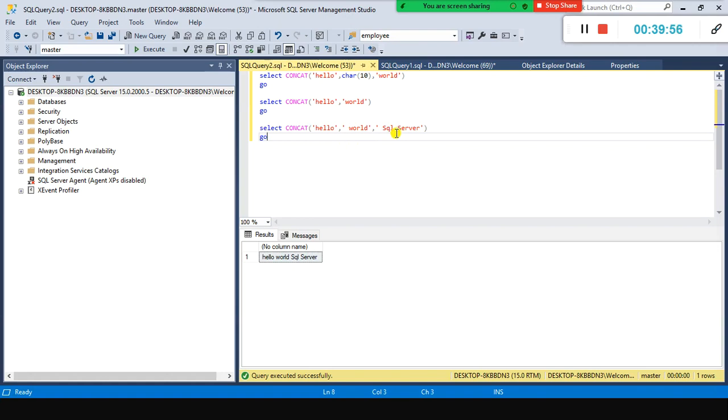And now let us look at the other functions like LEFT. Select LEFT of hello world. See, I have used a double quote here. Look here, when I use double quote, it is highlighting something wrong. It says invalid column name hello world. So what does it say here? Can someone tell me? Simon, why don't you jump in? So why is it highlighting it here? Invalid column name hello world.